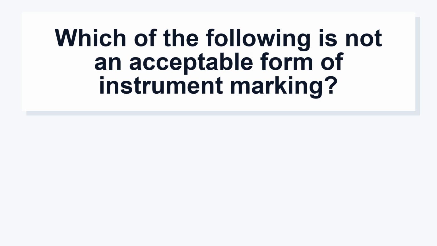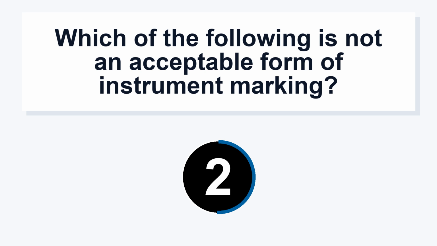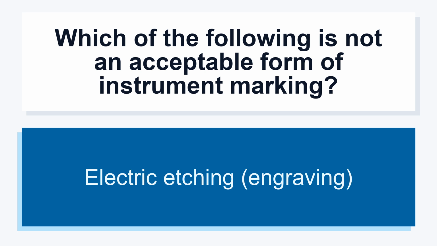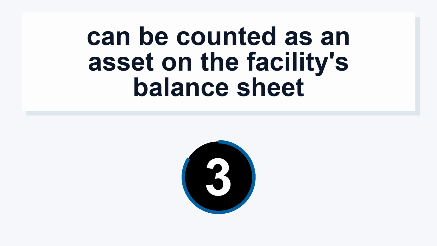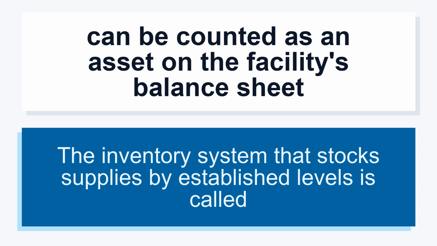Which of the following is not an acceptable form of instrument marking? Electric etching, engraving. Can be counted as an asset on the facility's balance sheet. The inventory system that stocks supplies by established levels is called